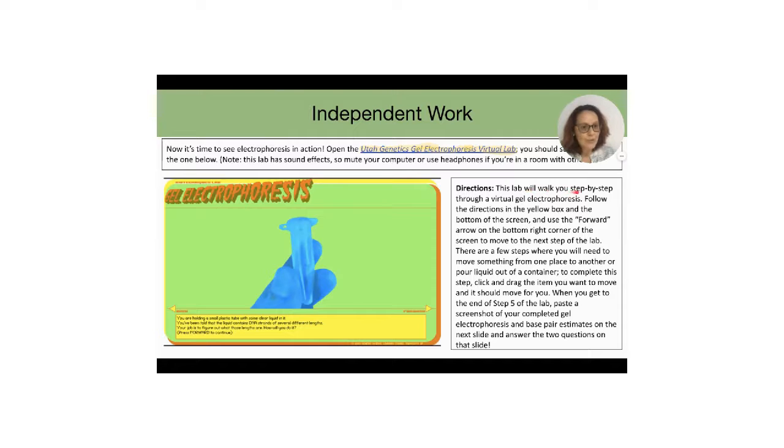This lab will walk you step by step through a virtual gel electrophoresis. Follow the directions in the yellow box at the bottom of the screen and use the forward arrow on the bottom right corner of the screen to move to the next step of the lab. There are a few steps where you will need to move something from one place to another or pour liquid out of a container. To complete this step, click and drag the item you want to move and it should move it for you. When you get to the end of step number 5 of the lab, paste a screenshot of your completed gel electrophoresis and base pair estimates on the next slide and answer the 2 questions on that